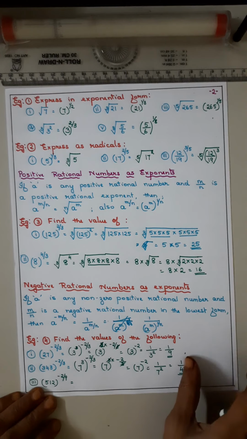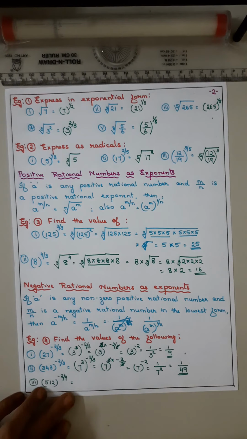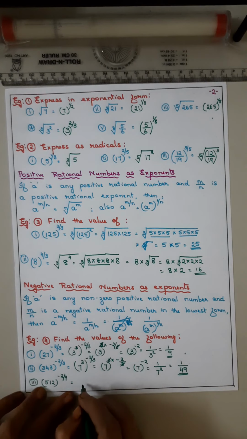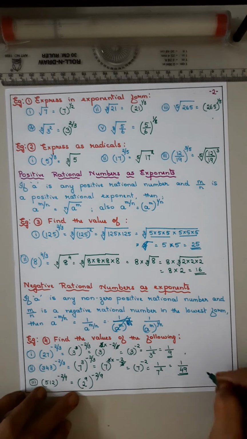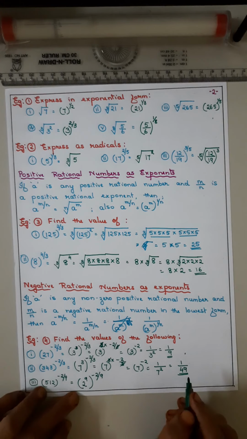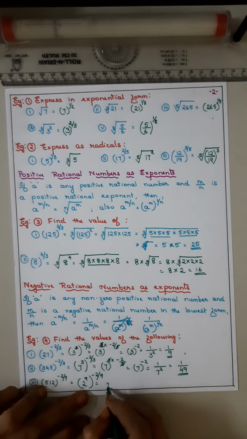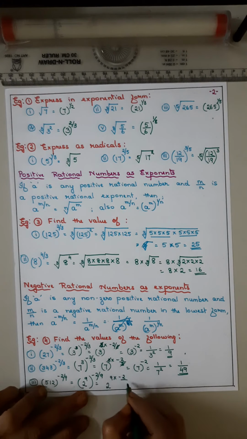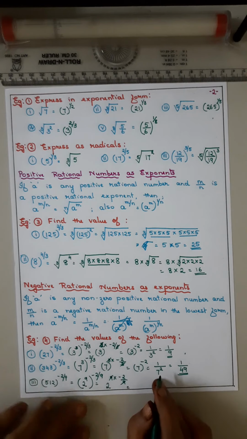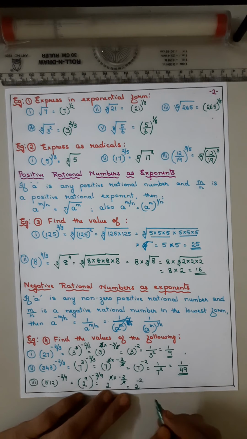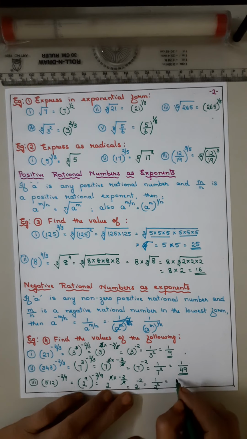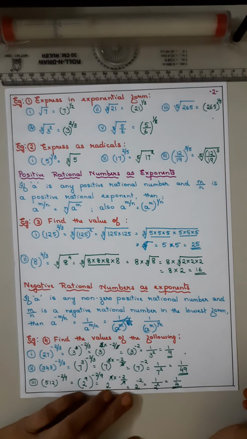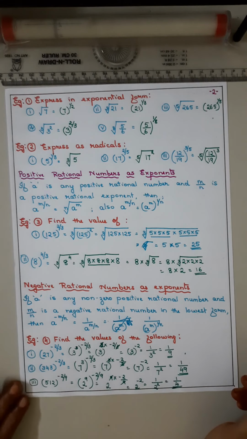Now 512. Now 512 is the power 9 of which number? If you find out, it is 2 to the power 9, the whole power -2/9. Keep prime factorizing 512, you will get 2 nine times. Okay, now it is 2 to the power 9 into -2/9. 9 cancelled. So how much is remaining? 2 to the power -2. Now 2 to the power -2, how will you write? 1/2 squared, that is 1/4. Is it okay? Hope everyone understood.